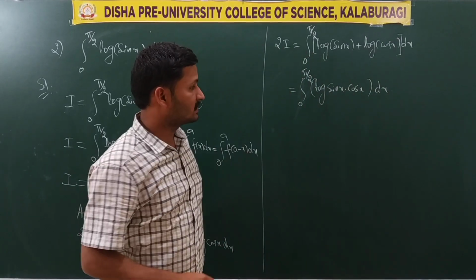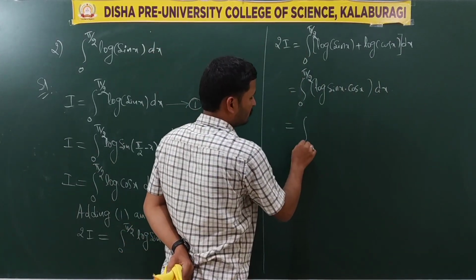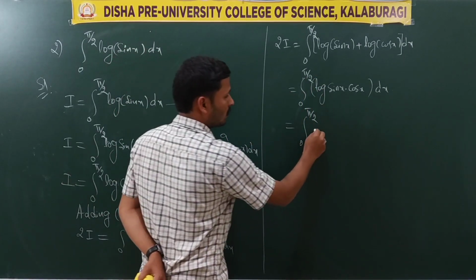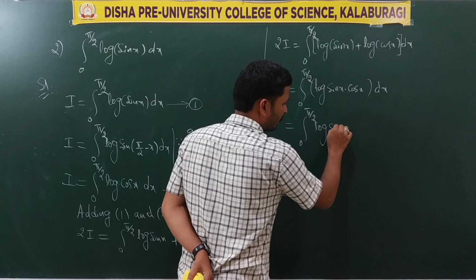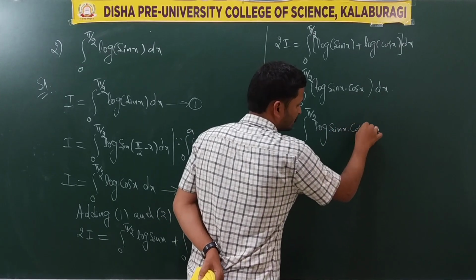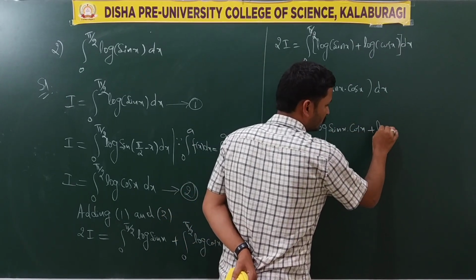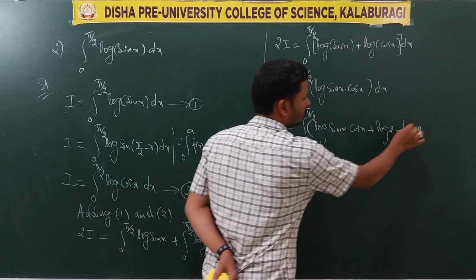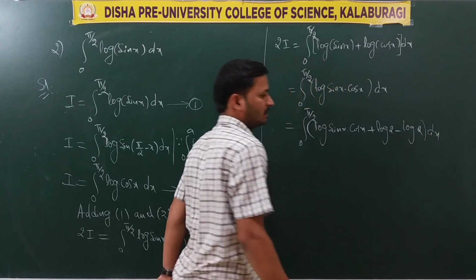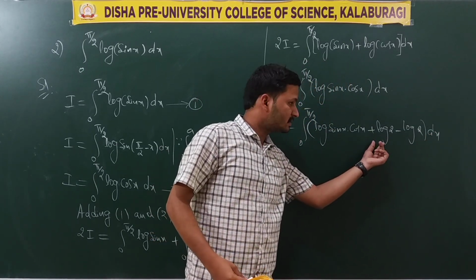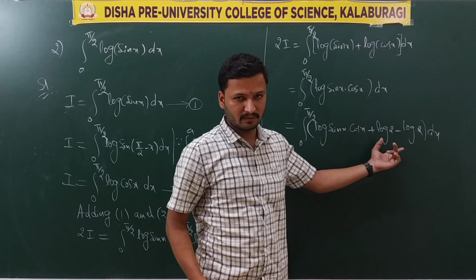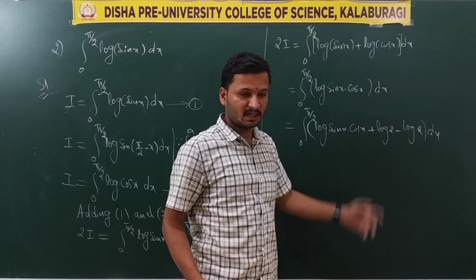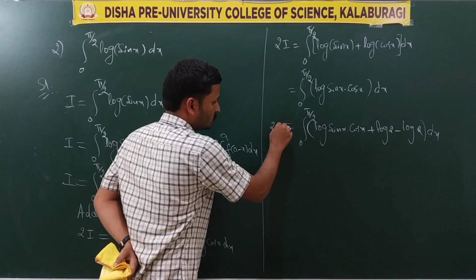So then the next step is adding plus log 2 and subtracting log 2. So that is log of sin x into cos x, so here plus log 2 minus log 2, into dx. When we introduce plus log 2 minus log 2, they cancel and we get the original term. Okay, yes. So now 2I is equals to